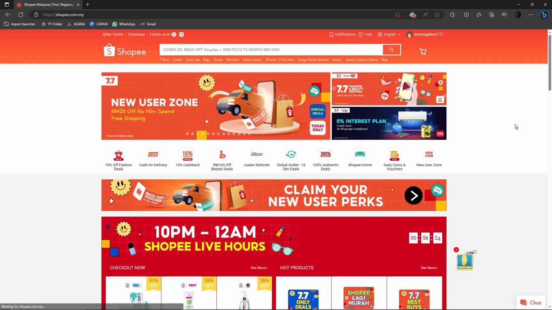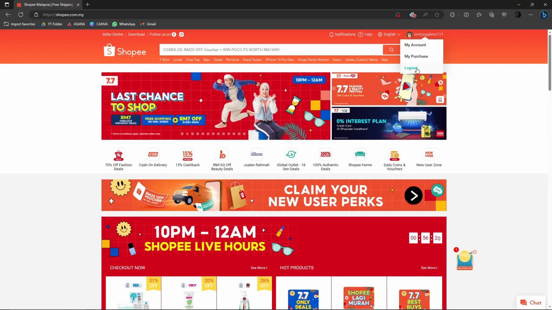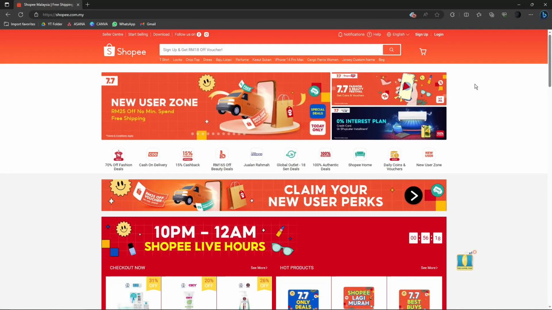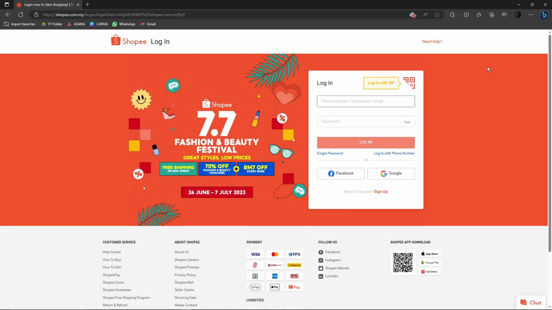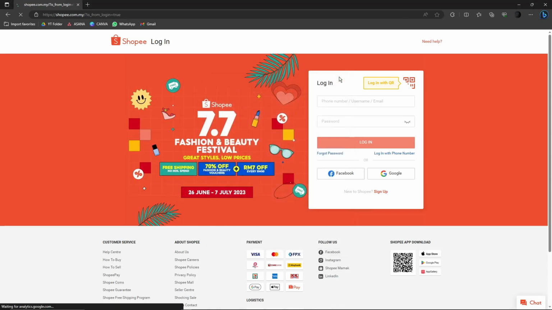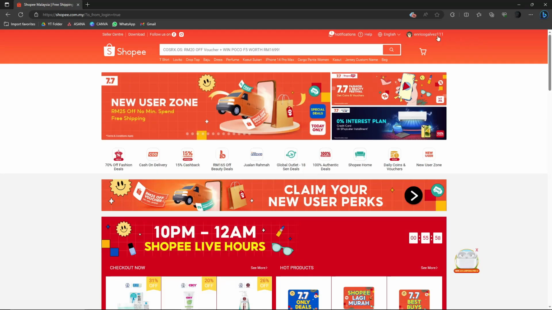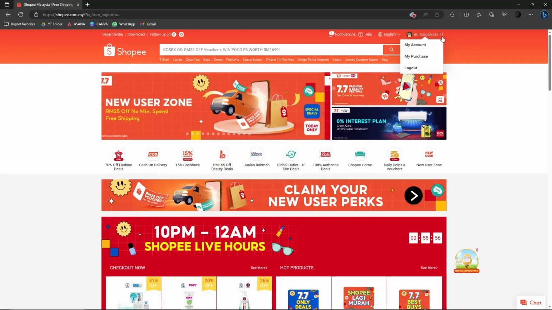Of course, if you want to change your username, make sure you're logged in. To log in, let me just log out right here so I can take you step by step. So this is the landing page. Click on login on the upper right. Choose an account. If you have an account for Shopify, that's good. If you don't, you can just use your Facebook account or Google account to proceed on this one. I'm going to use my Google account here and just wait for a bit. And here we go. I'm just logged in and currently I'm in this username, the triple one at the very